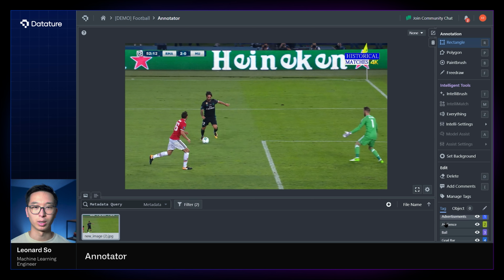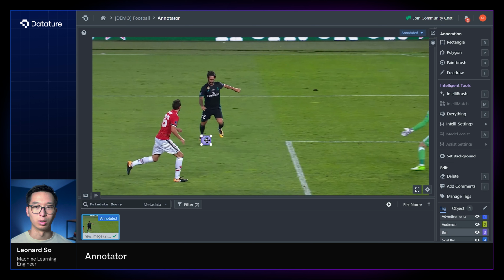So here I've used the rectangle tool and clicked and dragged around the object, which is a ball. And now I created a bounding box around this ball. And as you can see, once it's been created, I can also modify it by clicking and dragging. I can also delete the object by selecting the delete button at the bottom right, and then selecting the annotation